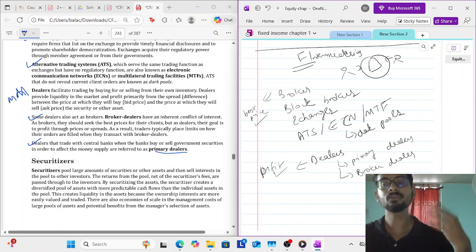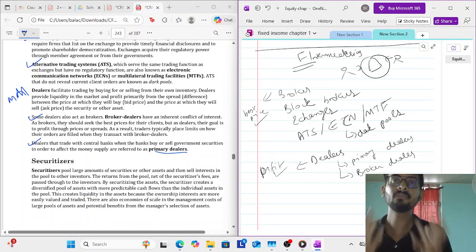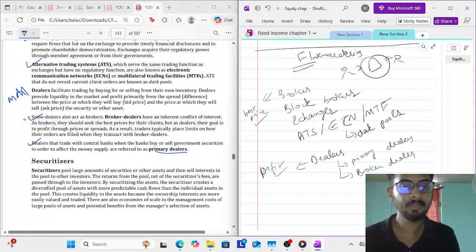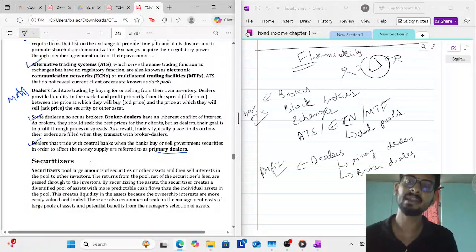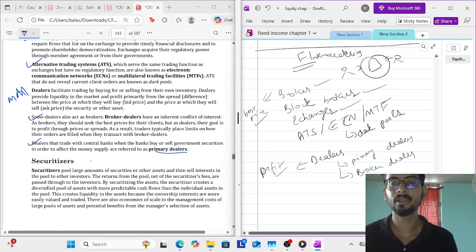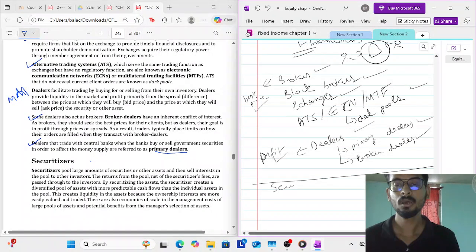If a dealer is not a broker dealer, he actually looks for profit in the market through order books. He will not try his best to give the customer the best possible price a client can get. Okay, so this was the whole section about the financial intermediary. Here we talked about brokers, block brokers, exchanges, ATS, dealers, primary dealers, and broker dealers. Okay, now let's come to